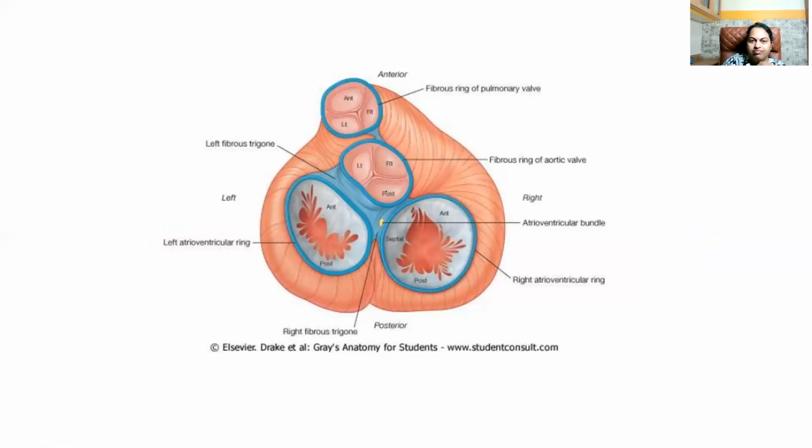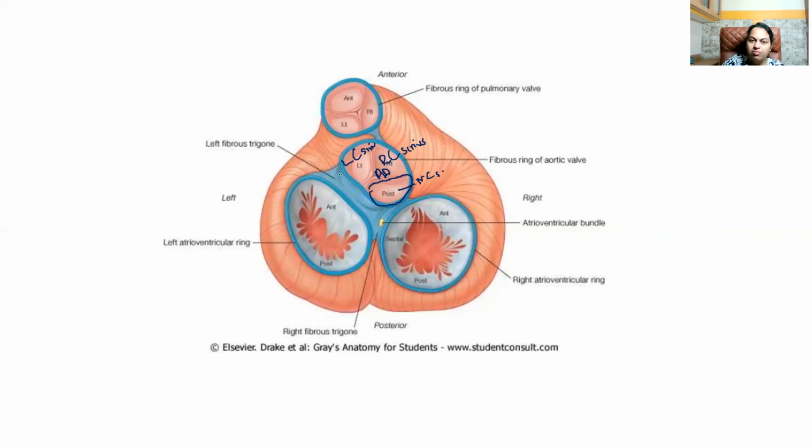Coming to the aortic annulus, you know there are three sinuses, isn't it? The right coronary sinus, that's nothing but the anterior aortic sinus. The left coronary sinus, which is going to give rise to the left coronary artery, that's the left posterior sinus. And this is the right posterior sinus or the non-coronary sinus. Remember?